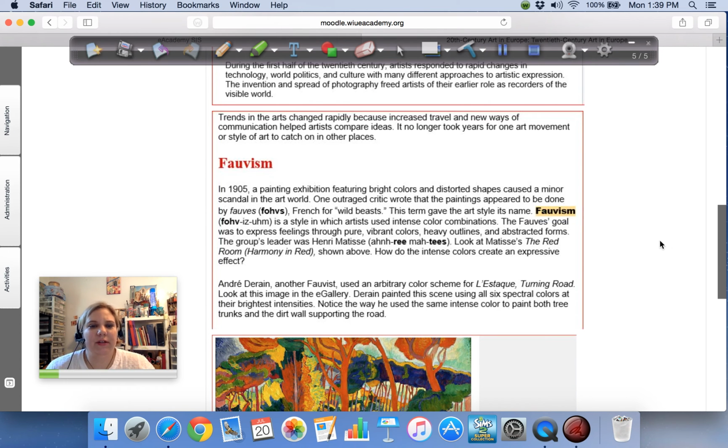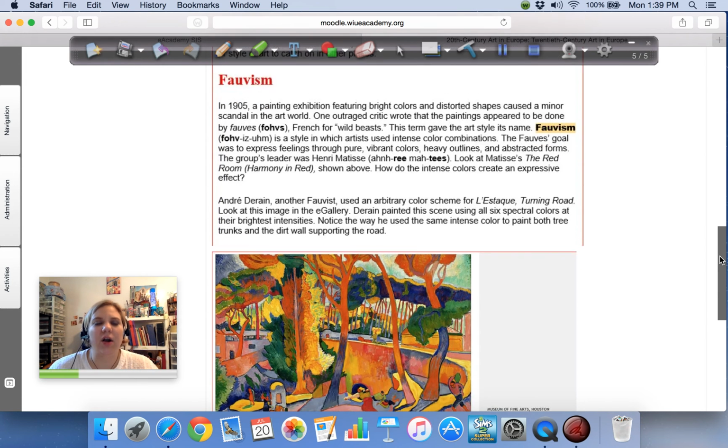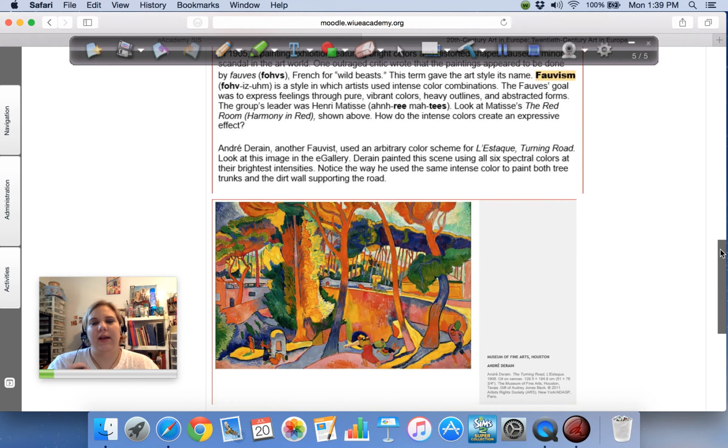First we're going to talk about Fauvism, and the Fauves in French were called wild beasts, which was not a nice name at the time. People were so outraged when they saw this art with these really bold, intense colors that the art critics were horrified. The artists exhibit their work, and the leader of the Fauves was Matisse, who created the painting at the top. Then the critics and people come in to look at the work, and they say exactly what they feel, and they hated this type of art.